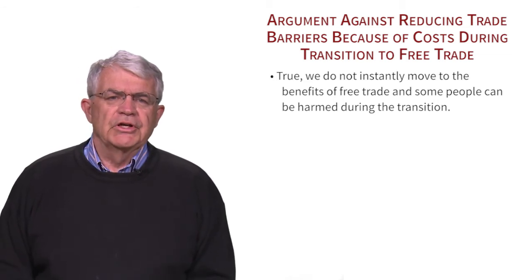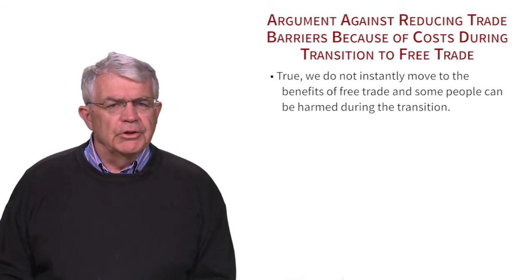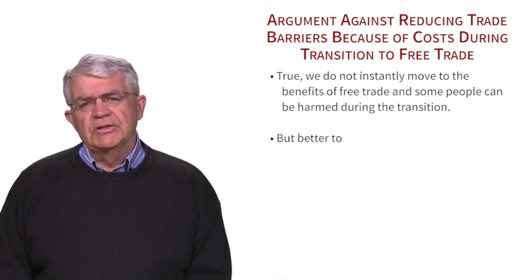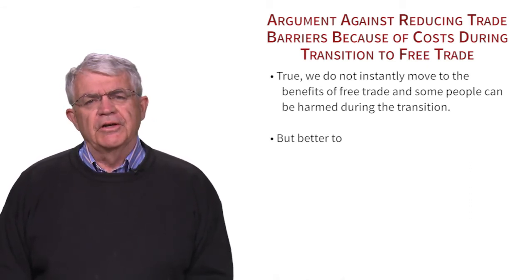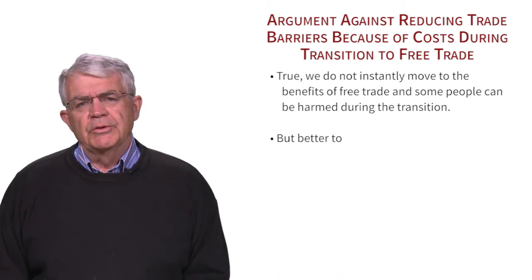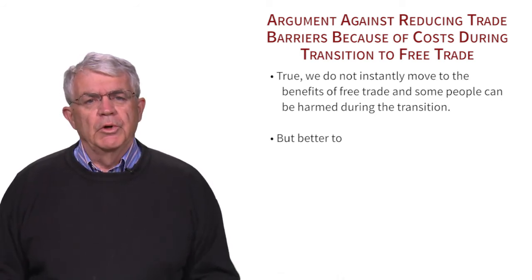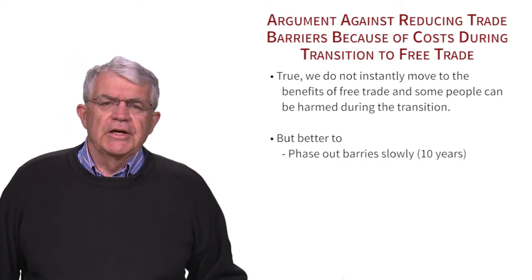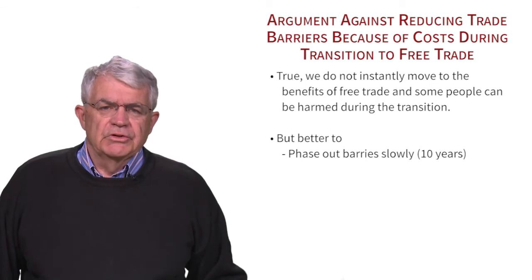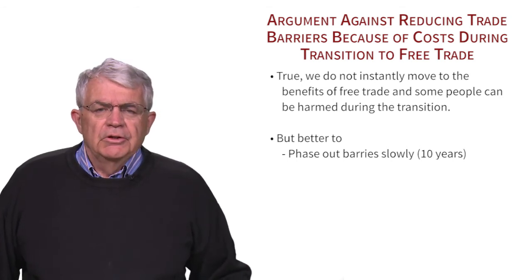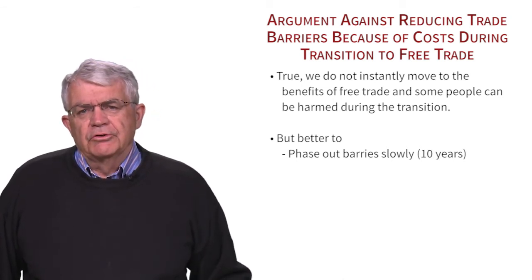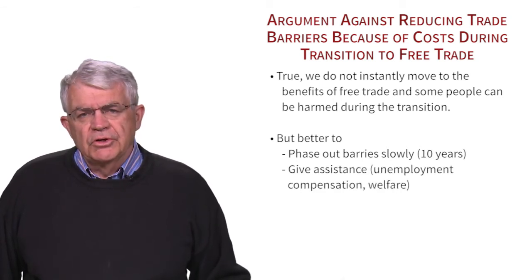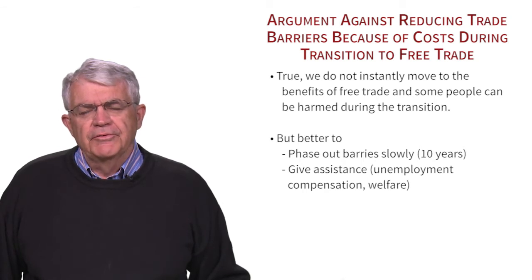And what you want to do is think about ways to reduce that cost. You don't want to eliminate trade between the countries because it's detrimental, but you also want to find ways to hold the people who would otherwise be hurt as harmless as possible. One common way to do that is to phase out the barriers to trade slowly. In the case of the North American Free Trade Agreement, it was 10 years at least, and so that gives people a chance to adjust. Maybe some of the reduction in employment could simply be through attrition as people retire. Another thing is to give assistance to people, a social safety net through unemployment compensation or welfare payments,